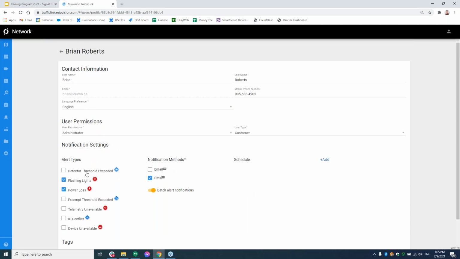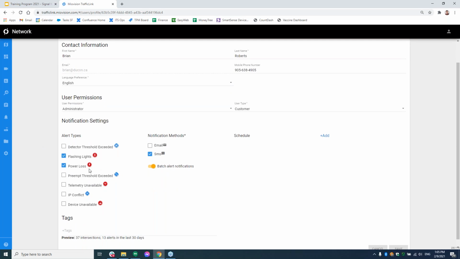Set up what alerts you may want for signal operation items. That would be things like your intersection's gone into flash, power loss, or threshold, and when we get to the intersection view, you'll see some of that get connected. If you have device alerts set up, in the scenario where there's a device failure or a device unconnected, say you've lost communications with your controller, whatever it may be, you can get an alert saying that something has stopped when it wasn't stopped before.